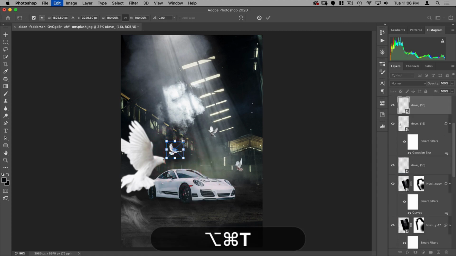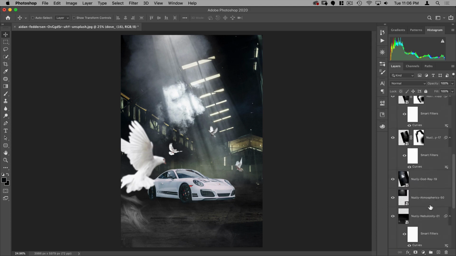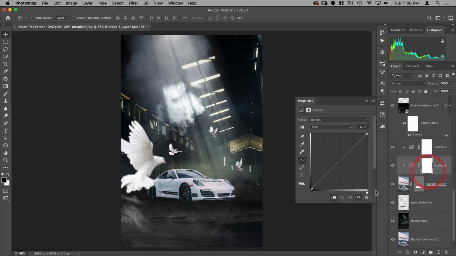And let's make him just a tiny bit bigger like that. And I'm pretty happy with that. Now, I want the light to mainly be hitting this part of the car, so I would want this lower part of the car to be a little darker. So let's go here, and I'm going to add another curve. And I'm going to make this one significantly darker. And you also notice that this has kind of a tinge of magenta.